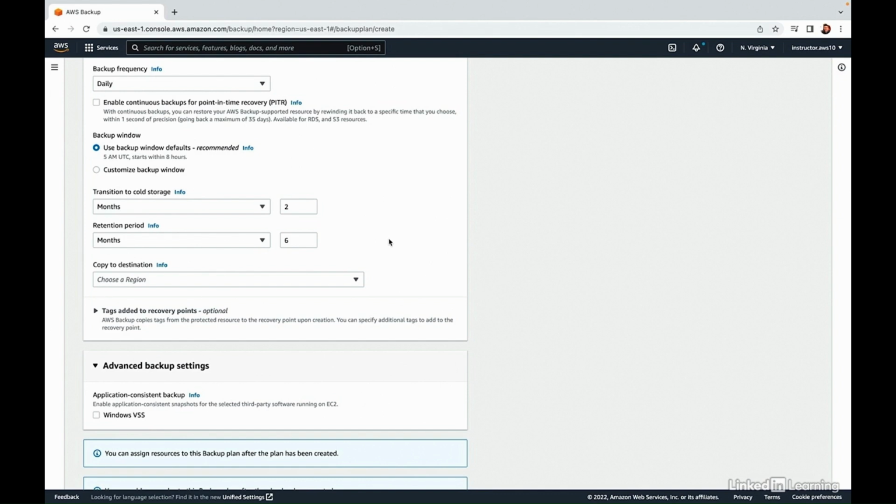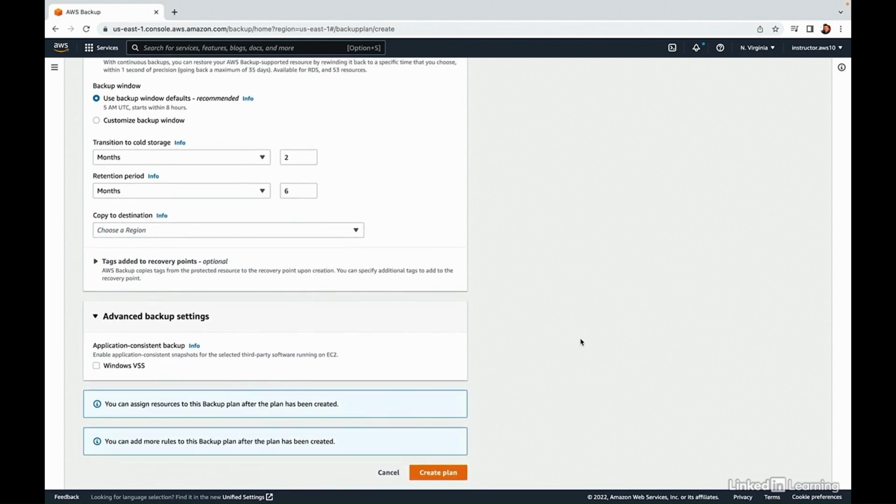Of course, all this configuration means you can tune your backup plan to exactly how you'd like it to work. The other thing to note here is that there needs to be 90 days between cold storage and final expiration due to the limits of S3 Glacier, because these backups, like many things in AWS, are being stored in the backend by S3. And so the lifecycle policies we're configuring here are really S3 object lifecycle policies. So when you say cold storage, that's transitioning to the S3 Glacier tier, and expiration means actual deletion. We don't need to worry about copying to any other region or any of the other options on this page,